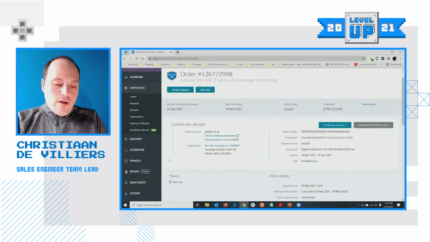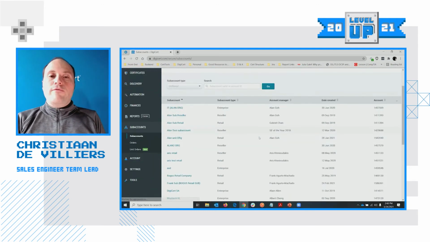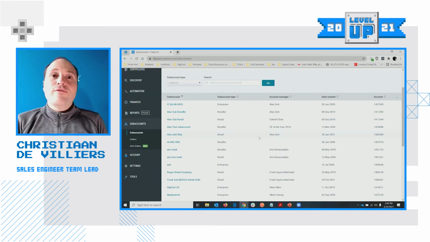The next item of this section of this training that we're going to be covering is subaccounts. Subaccounts are a good way for businesses to further decentralize certificate management. Divisions is a way of already separating out some duties and some privileges, but subaccounts go to the next level, which is it creates a brand new CertCentral account with its own users, its own certificates, its own validation information. So if, for example, you wanted to issue certificates in a subaccount, then that validation information